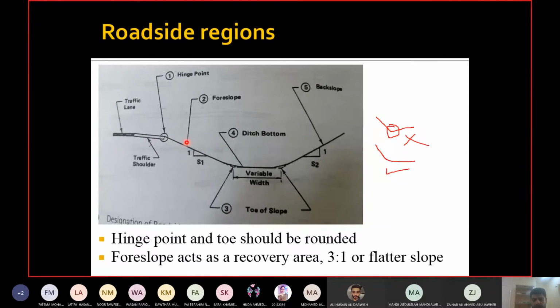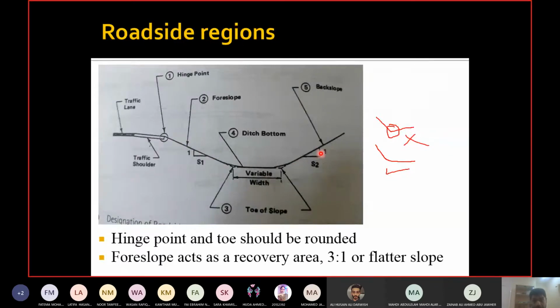So you have a foreslope, then you have a drainage channel. Now if the ground is lower than the road, then you don't need to give the back slope, because here you will reach the ground, and you don't need to go up again. But if the ground is higher than the road, then you need a back slope as well to attach the ditch to the ground level. Because you cannot leave it vertical, the drainage channel will be taken up to the ground level using the back slope. So the side slope is foreslope and back slope. The slope of this incline and this incline is equal to the side slope.